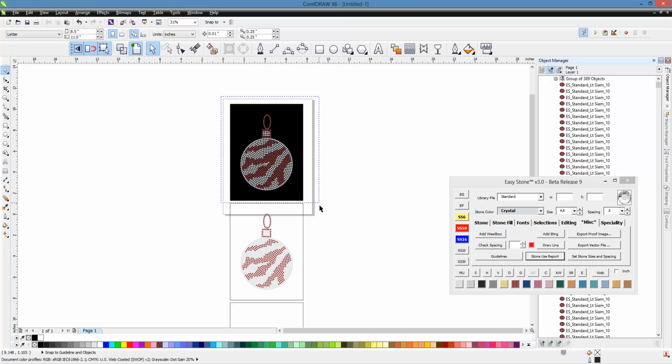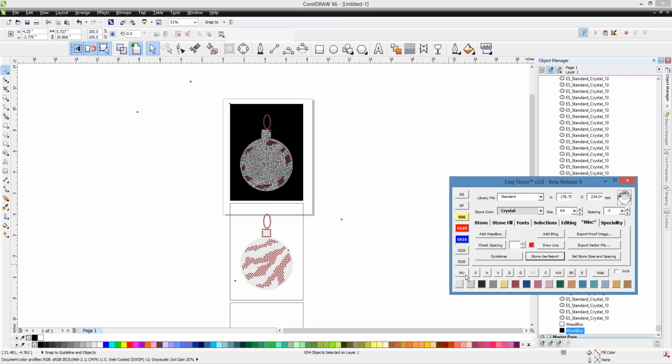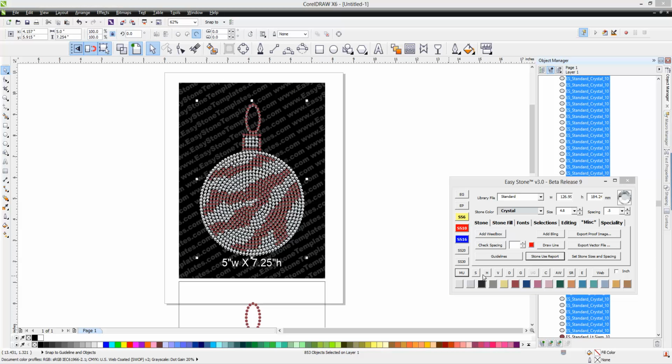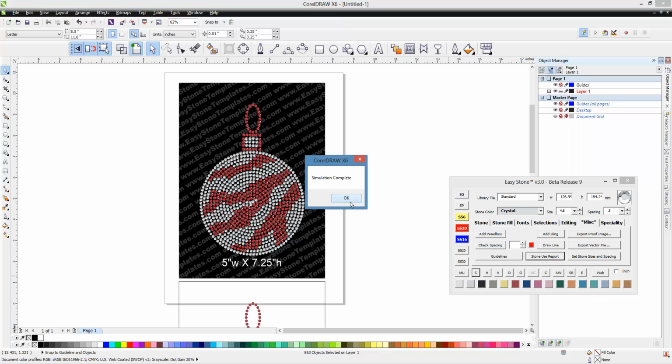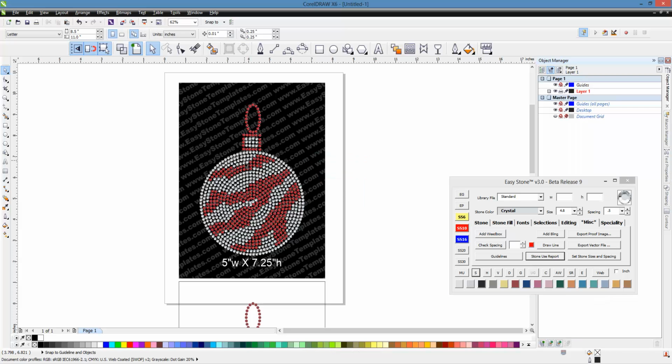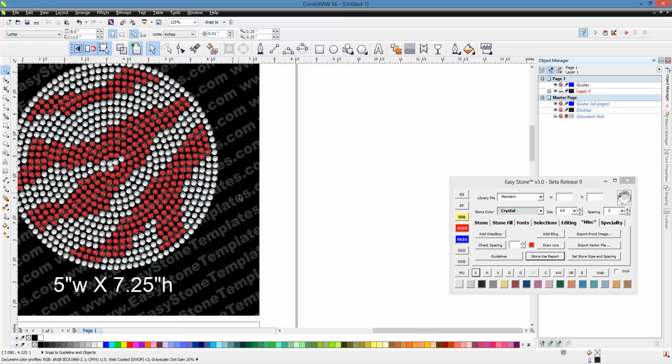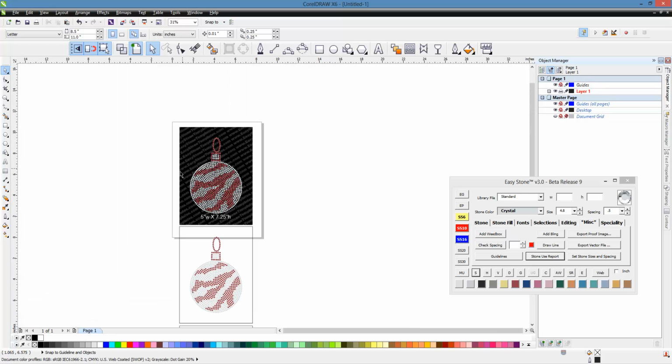We can even come in here and right click on MU, and that's going to automatically assign a watermark and automatically give us our dimension. Then we can select the design, and we can even simulate stones. Once you've used EasyPrep to define what these stones are, you can see that we've simulated those stones, and now they look like real rhinestones. So a lot of flexibility here, even when you're using a third-party application, as far as preparing your file